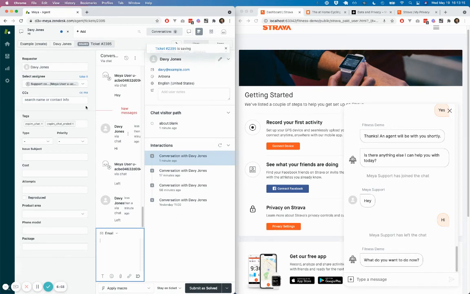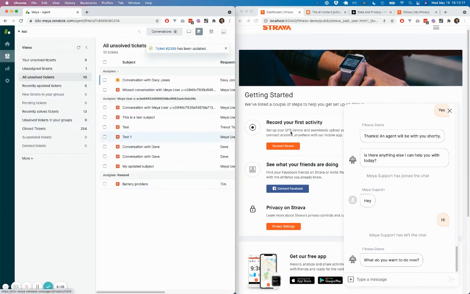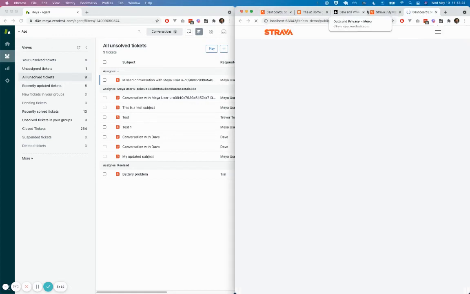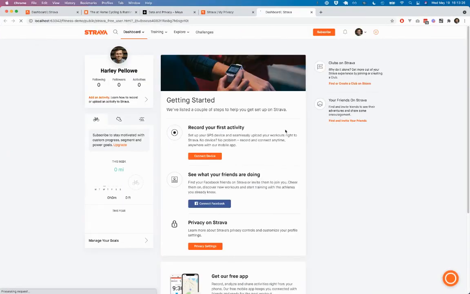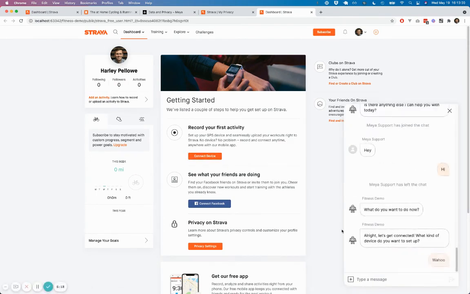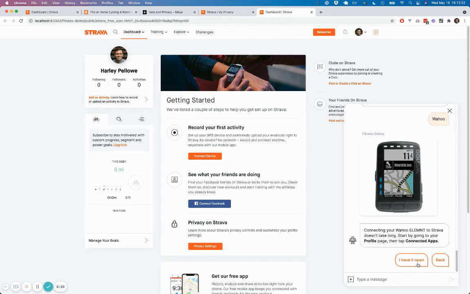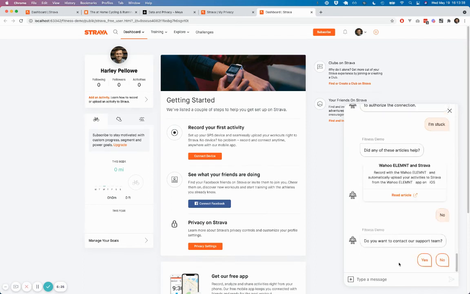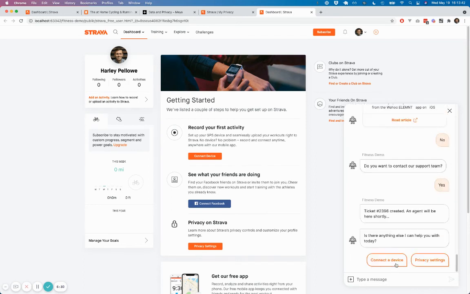And let's take a look at the experience for a free user. Okay, I'll connect a device, and this time let's go through the Wahoo flow. Okay, I'm going to say that I'm stuck. The article did not help. I do want to contact support. So now it's opened a ticket for me